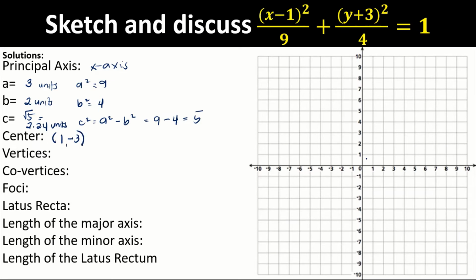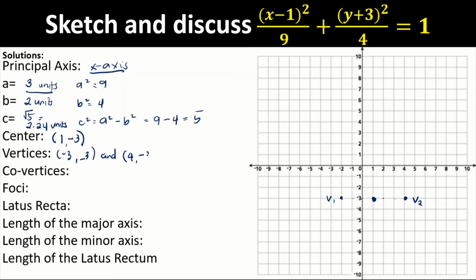So, let us plot those points. So, we have 1 and negative 3. So, this is the center. And then, count tayo ng 3 units parallel kay x-axis. So, to the left and to the right tayo. 1, 2, 3. So, this is the v sub 1. 1, 2, 3. This is the v sub 2. And the coordinates of vertices natin is negative 3, comma, negative 3. Okay, and we have also 4,